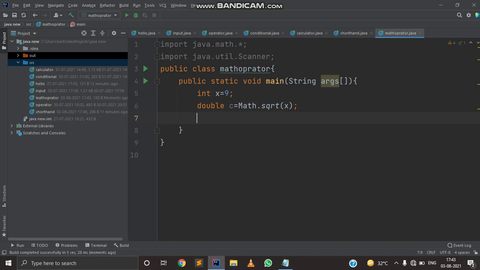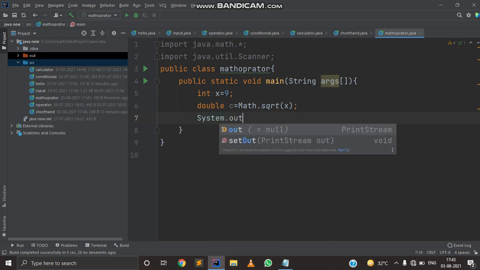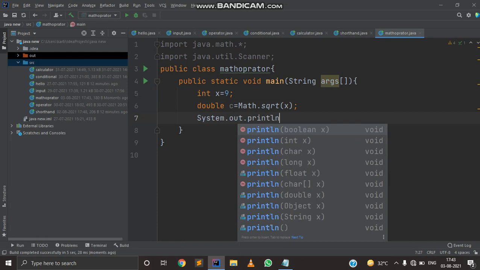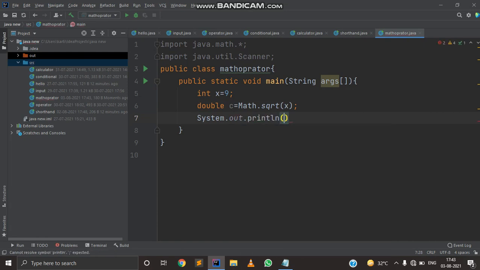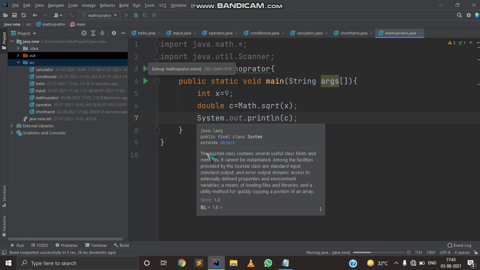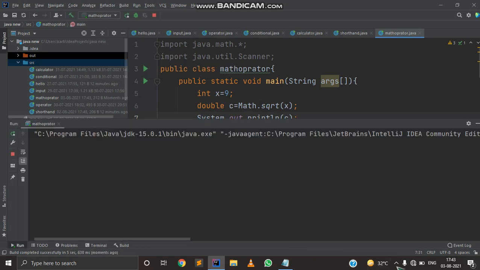Actually I have not printed it. System.out.println(c). Now I'm going to run this program again. As you can see, the answer is 3.0.